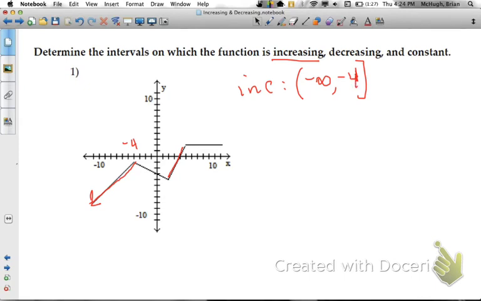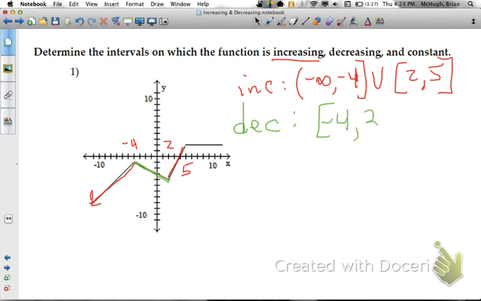And this second increasing portion looks like it starts at x equals 2, and ends at 3, 4, looks like x equals 5. So we're going to do from 2 to 5 is the other increasing part. All right, so that's increasing. What about decreasing? There's one decreasing, barely decreasing, but you can see it goes down to the right here. And we've already got the x coordinates, so our decreasing is going to go from x equals negative 4 to